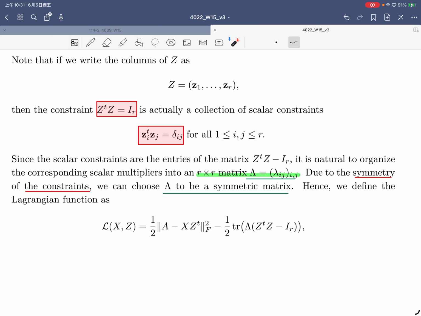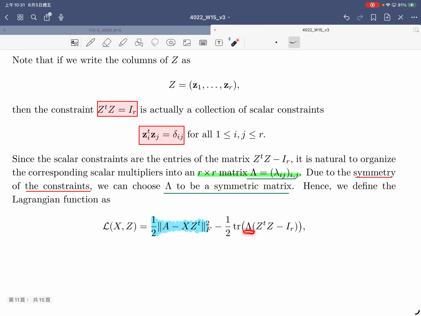The function that we want to optimize is in the front: 1/2 times the Frobenius norm of A minus X times Z transpose, squared. And then I minus the Lagrange multiplier, lambda, times